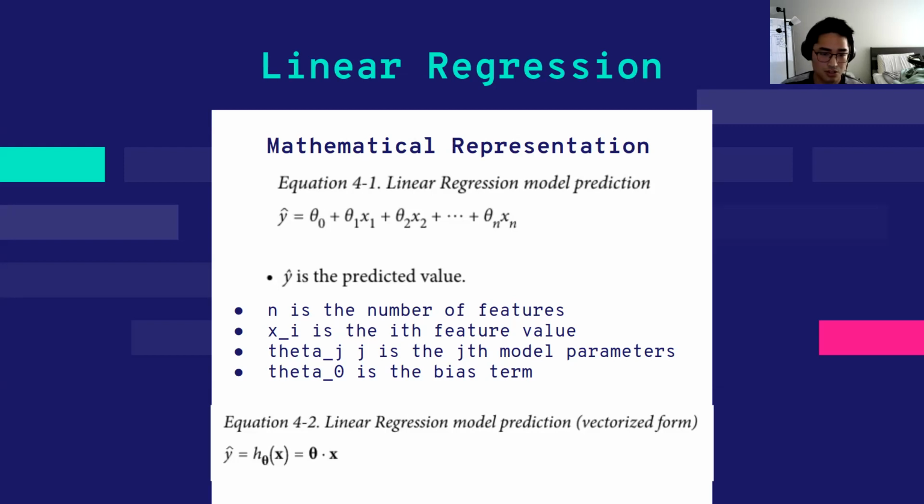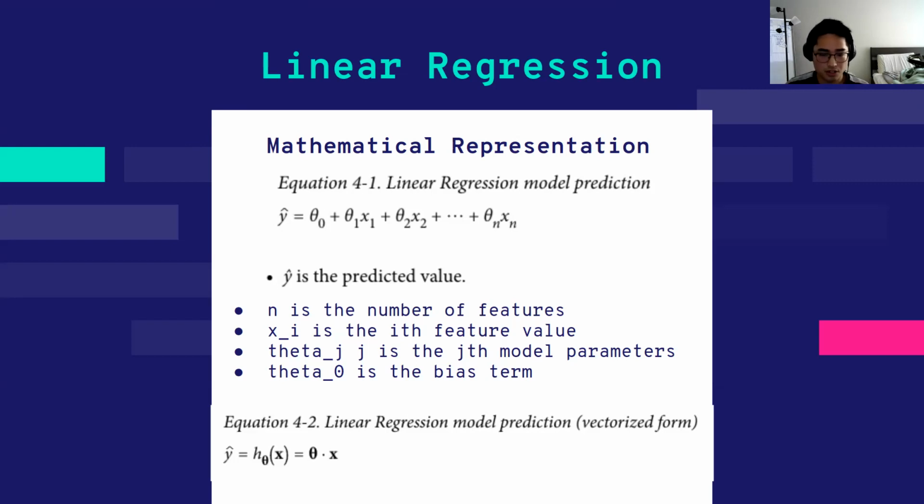So that it can output a predicted value. Going back to the housing prices, once your model learns from this data set using the linear regression model, if you want to know the price in, let's say, 2021, your y hat will be able to predict that value based on the history it was given. Now when you have many features, let's say hundreds of features, it would be tedious to write y hat equals theta 0 plus theta 1 x1 plus theta 2 x2 and so on. That's a lot.